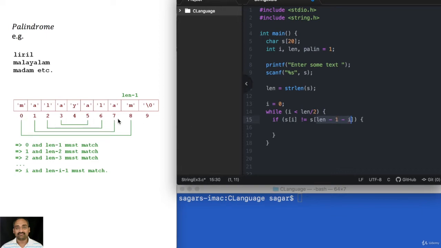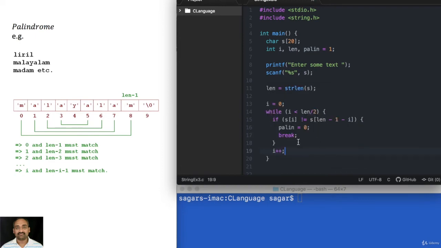So 0 is compared with 8. Now if it is not equal, that means it is not palindrome. So I can say palin equal to 0. I thought it is palindrome, but now that I know it is not palindrome, I made it 0 and I can break. I don't need to proceed forward.